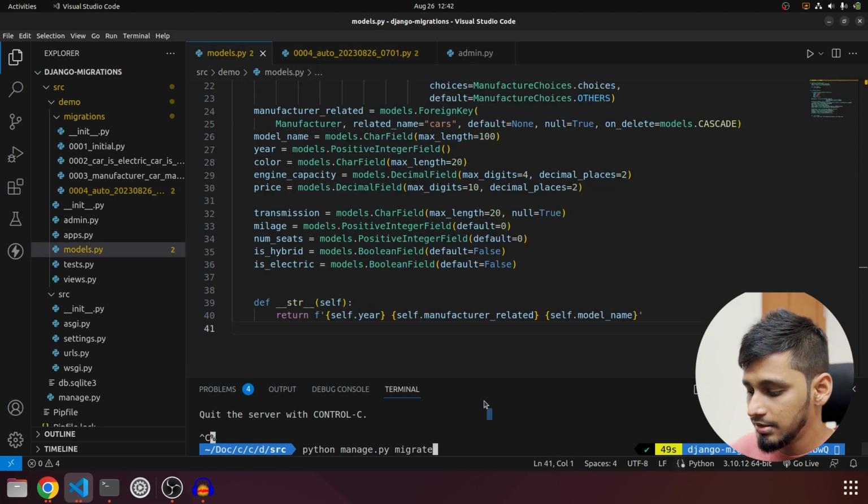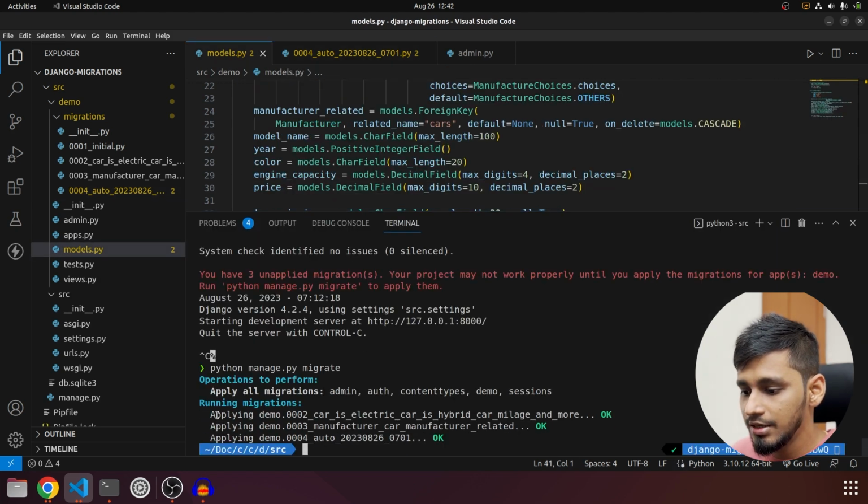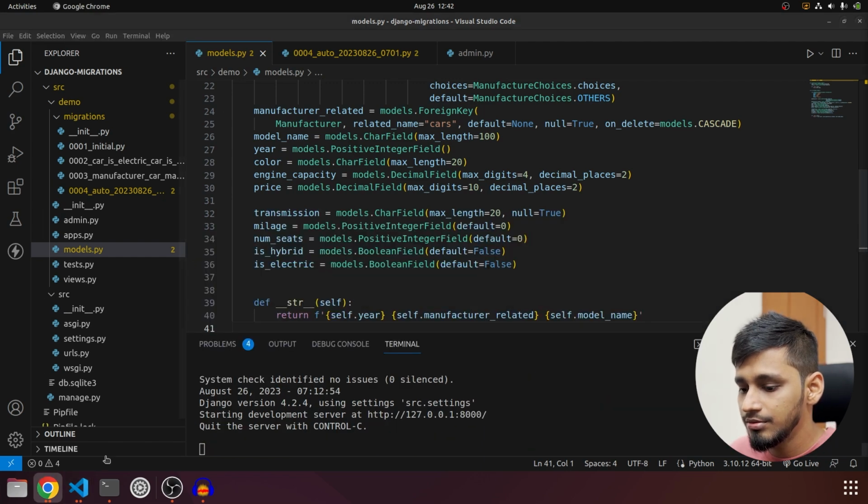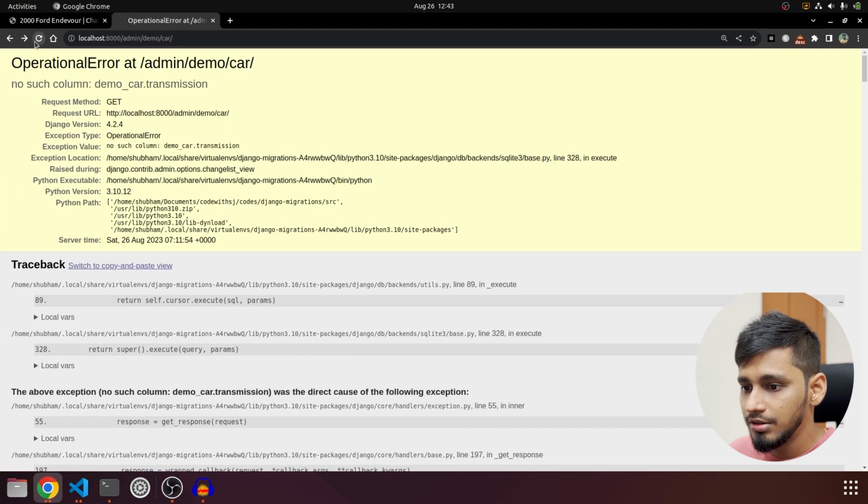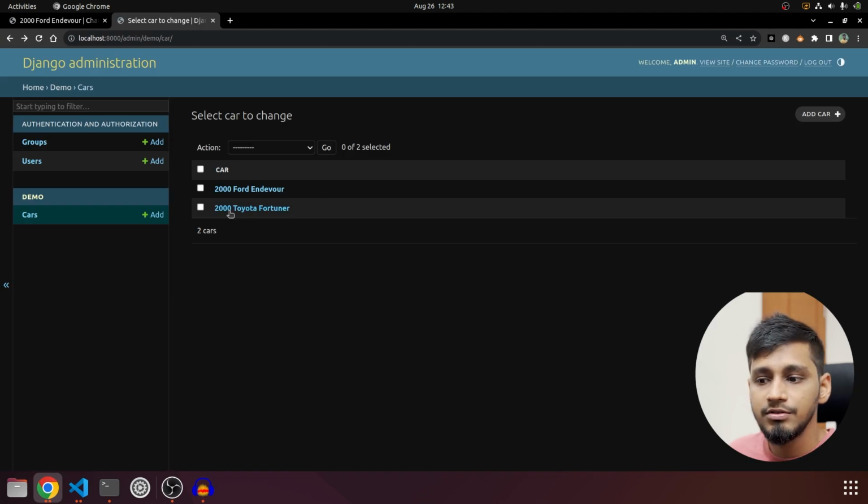So python manage.py migrate. Before that we should be saving this file. Yes. And then migrate. And if you see, we have successfully applied 0002. Y'all remember we had unapplied this migration and now it is successfully applied without any issue. So that is what we have done. Then the 0003 migration is applied and then 0004 is applied. If you see, OK is present in all three. Now let's run the server. And if we go back to the browser and refresh this page, we have it working.